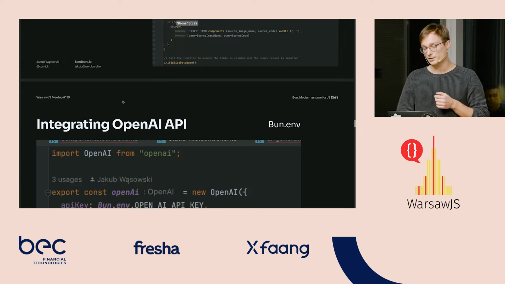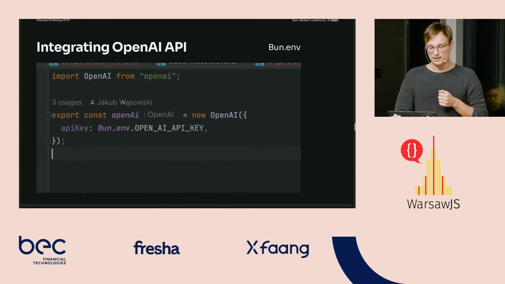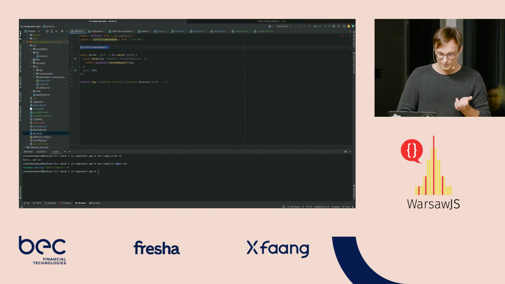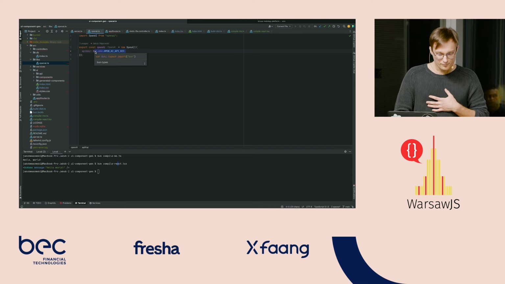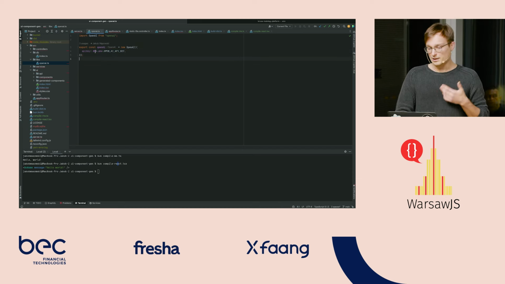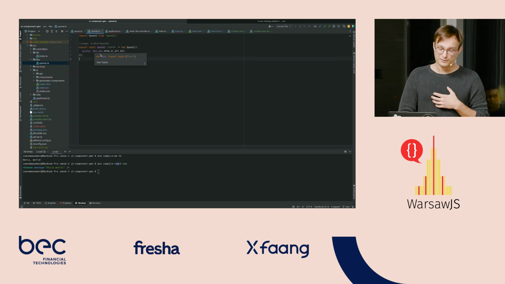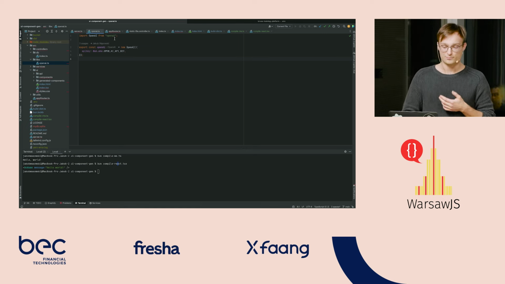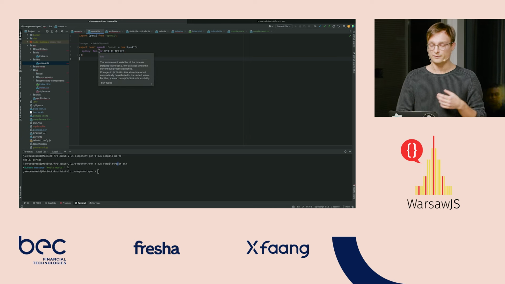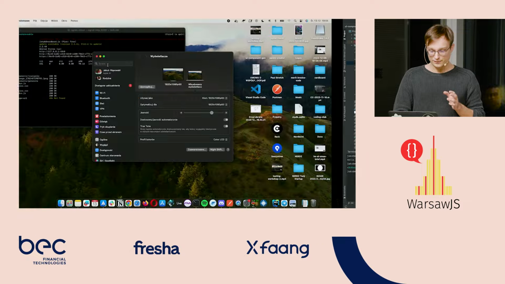Let's go to integrating the OpenAI API. So this is quite easy because it was just about initializing the OpenAI client and passing the API key, which I did by using Bun.env. So it's another cool feature of Bun that I don't need dotenv. I just can use my environment variables by calling Bun.env. Okay, everything